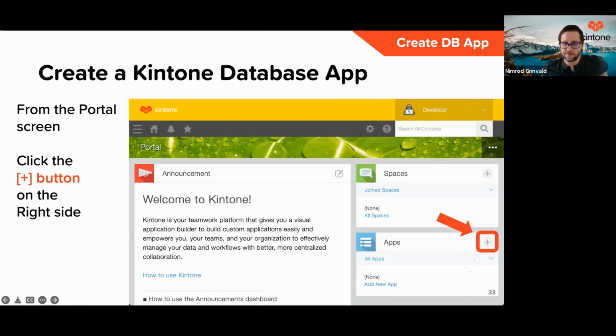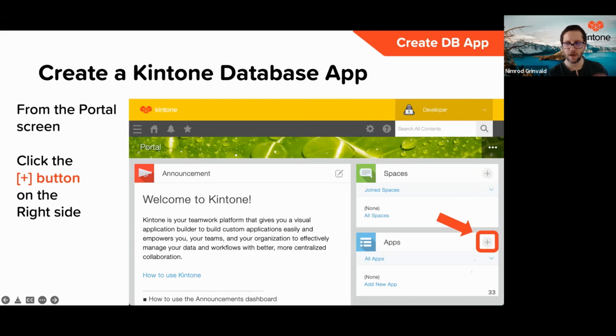Now, when this all gets filled out, we've got places for people to communicate and organize their data. Those are called spaces. You've got lists of apps, which are the record buckets where you're keeping your data. And then there's this announcement segment, which you can customize. You can configure it with filtered lists or links, stuff that's important for you to see front and center. But for now, this is a blank canvas, and that's exactly what we would expect because it's a brand new